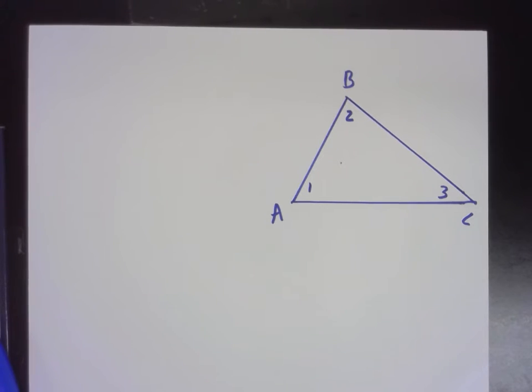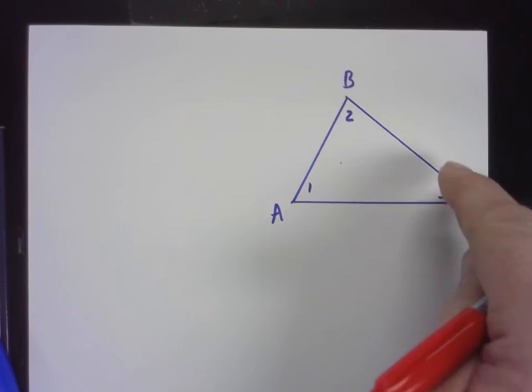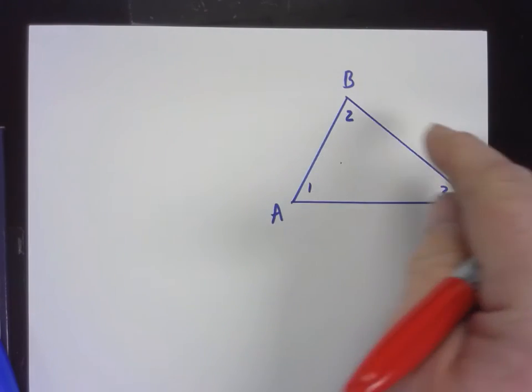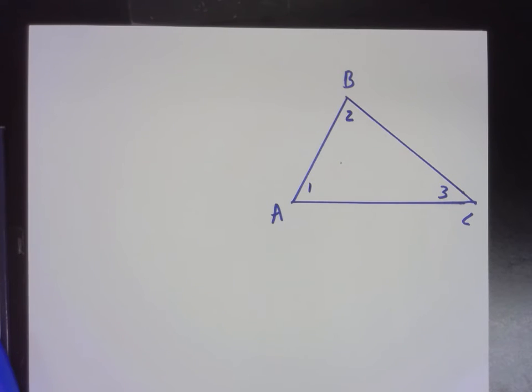I think I can prove it. So I just have this triangle. It doesn't matter what type of triangle it is. I'm not even sure if this one's obtuse or acute or what's the other choice, right? It's kind of close to all 3 of those, isn't it? It could be any one. Doesn't make any difference. But I'm going to prove that angle 1, 2, and 3, that their sum is 180